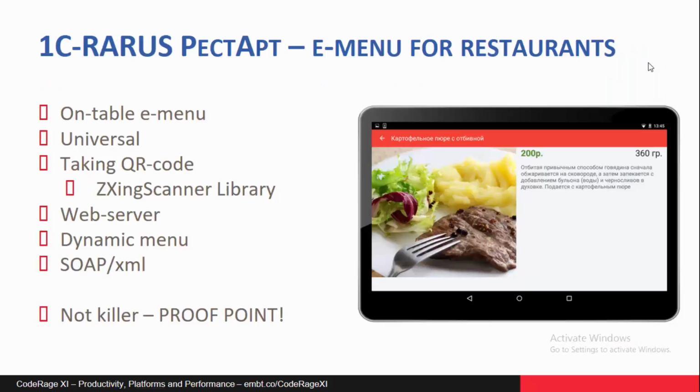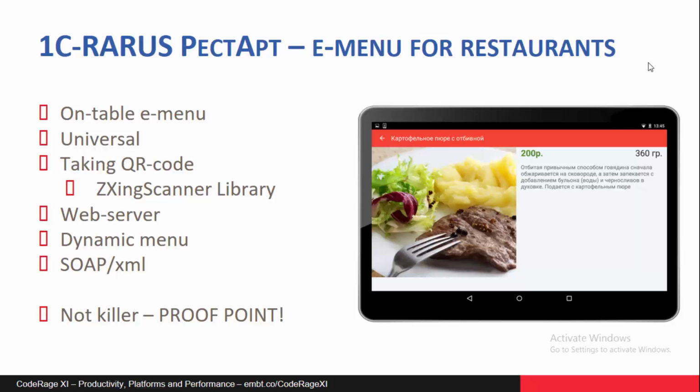The first application is the electronic menu for a restaurant, but not for one specific restaurant with one specific menu, but for any kind of restaurant. So the application should be universal. Let's consider the use case scenario, when first the restaurant has purchased some tablets, and the tablets were then distributed on tables. First you need to download the actual menu.